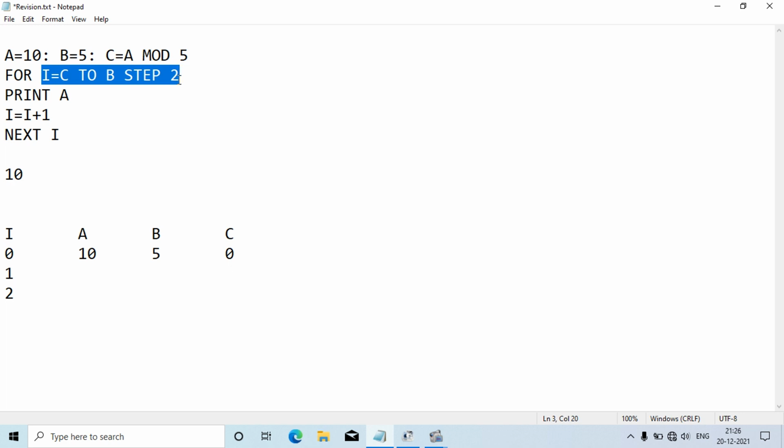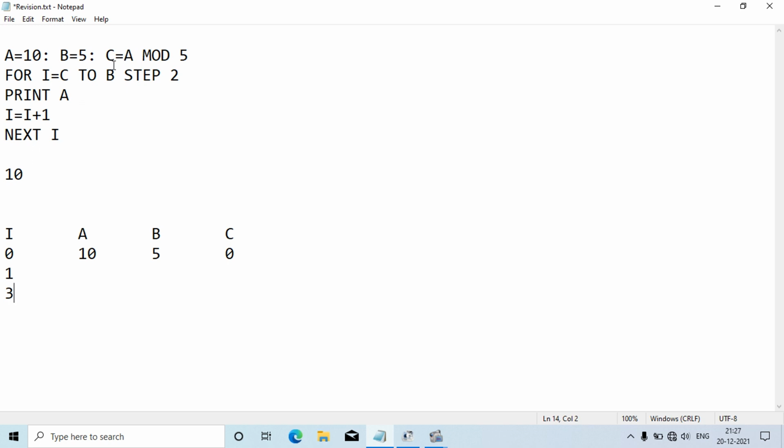No, it is wrong. Here it is step 2. By default it would be 1, but here we have written the step keyword. The step keyword makes the value jump by the step. It was 1 there, now it will be 3. Yes, now you're correct. Now I's value is 3.